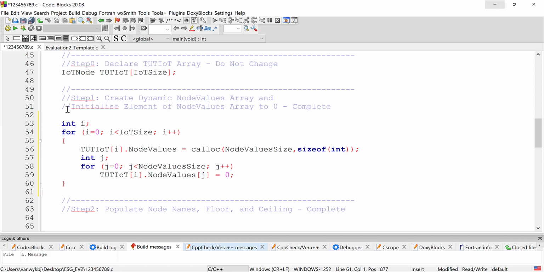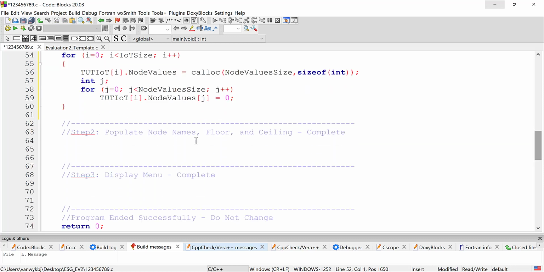That's everything that you need to do: initialize the elements of the node values array to 0, and create a dynamic node values array and initialize it. So we've done that. Now we're going to go to step 2, where we're going to populate node names, node floor and ceiling. So first of all, what we would need to do is display our program